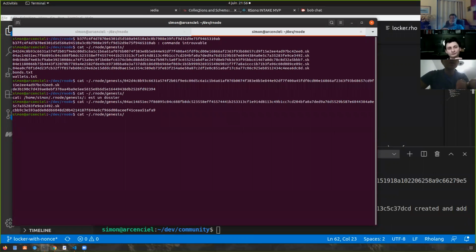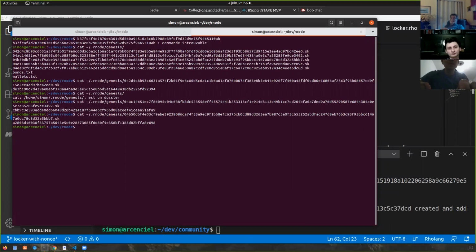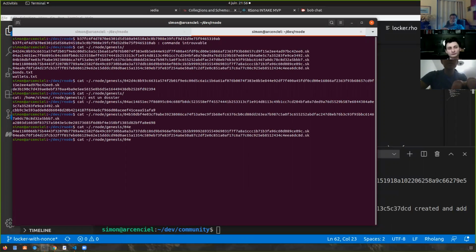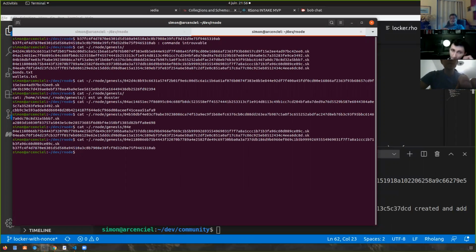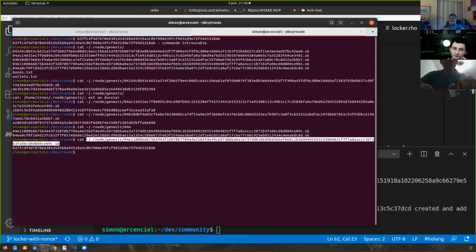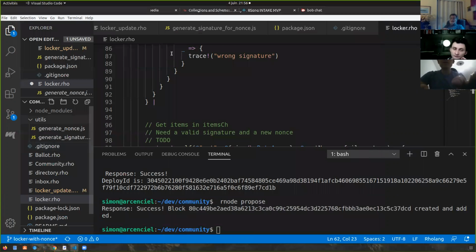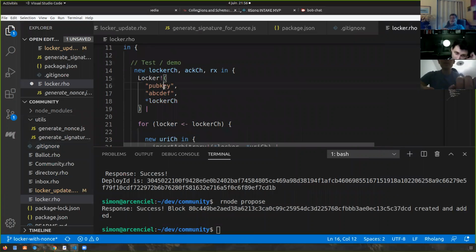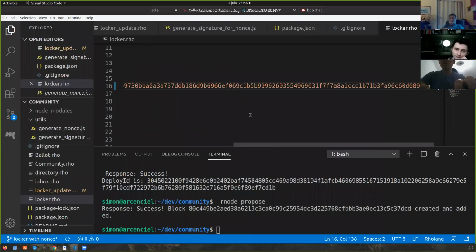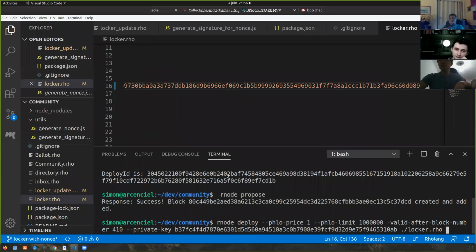Not this one. Not this one. Or maybe it's not part of. What are you looking for? Okay, this one. So this is my public key. Now let's redeploy.